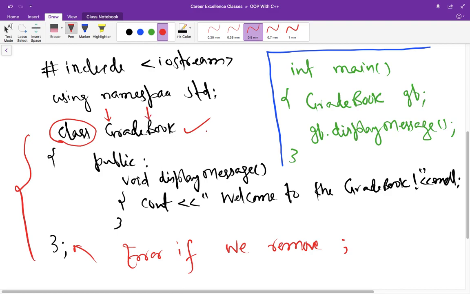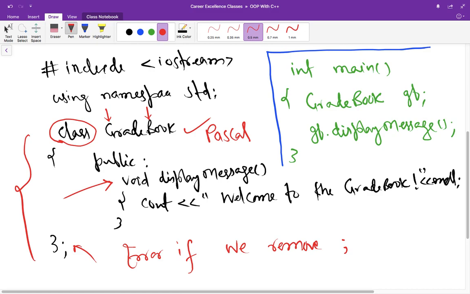This is also called Pascal case, and it's good for readability, so you should follow this convention. Next, here we have a function displayMessage, and this function displays a message, welcome to the GradeBook, right?